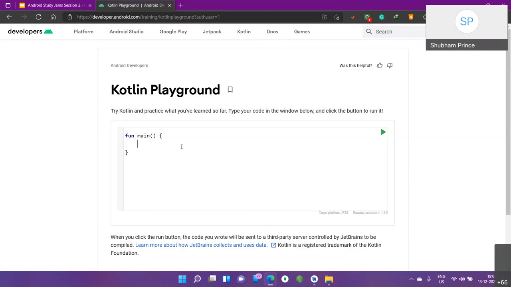In Kotlin, how to create a list. In our previous session, we told you how to create a variable using the val keyword, say num. I'm trying to create a list of numbers.